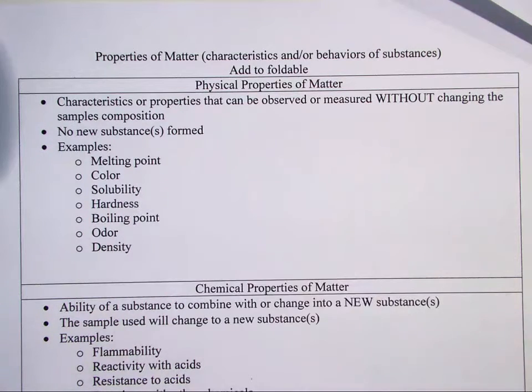Solubility is the ability of a substance to dissolve in a liquid. Melting point and boiling point are different temperatures at which a substance changes: for melting point, from a solid to a liquid, and for boiling point, from a liquid to a gas. So we're talking about changes in state there, which does not change the composition of the substance. Alright, now,